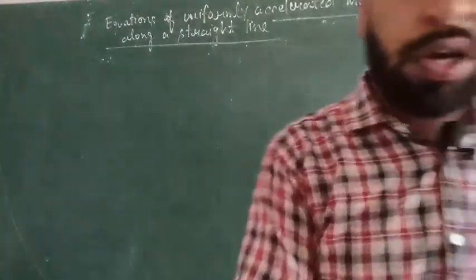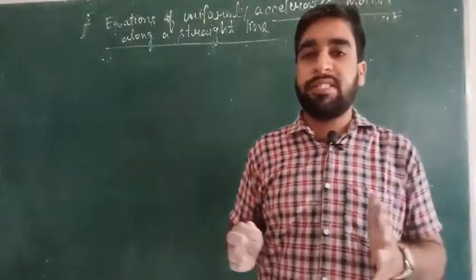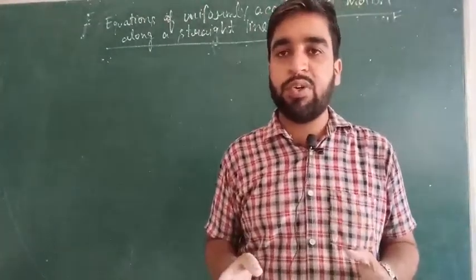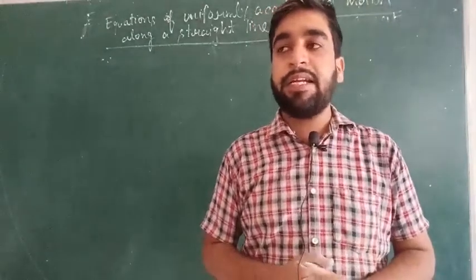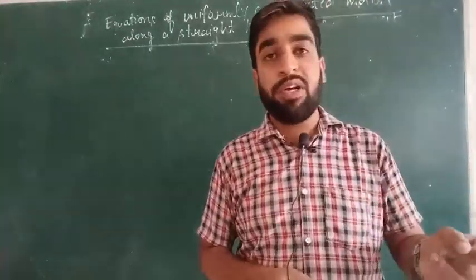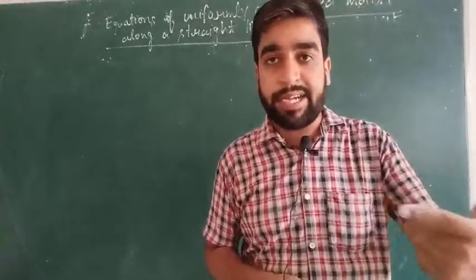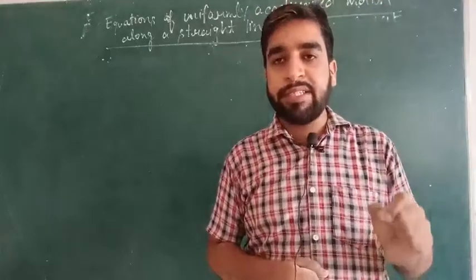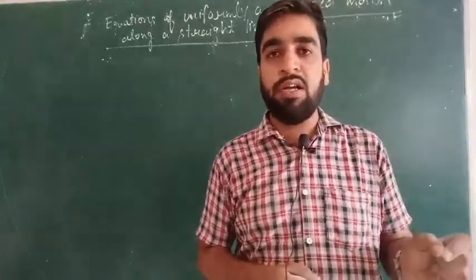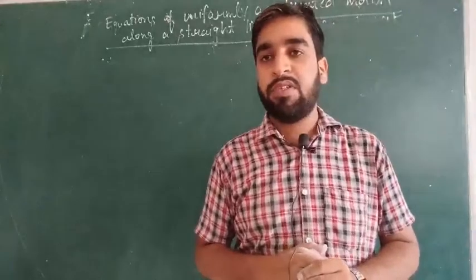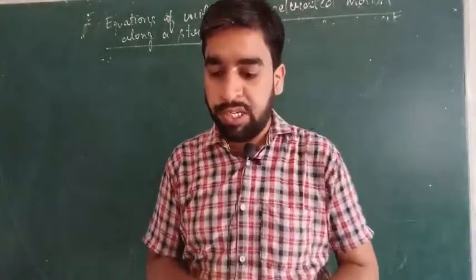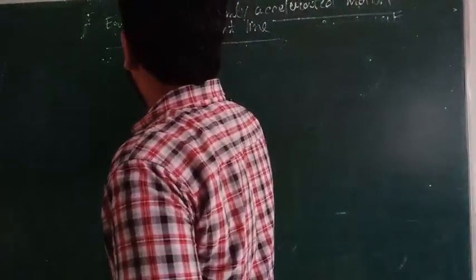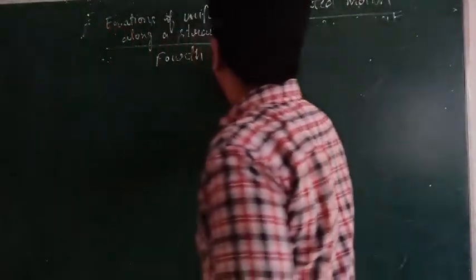We already know how to calculate the total distance traveled, and this we are doing in second equation of motion, as is equal to ut plus half at square. In 4th equation of motion, we will calculate only the distance traveled in the nth second. We will not calculate the total distance traveled. We will calculate the distance for a certain axis, that is for the nth second only. So this is new in fourth equation of motion, and we are going to do it firstly by simple method. So let me name this fourth equation of motion.